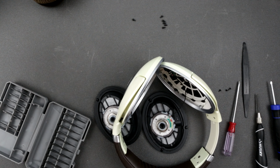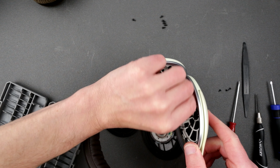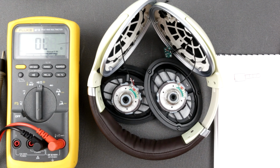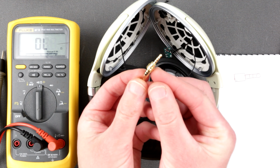Probably this. So what I would like to do, I'm actually trying to remove the... Oh, I did. Okay, here we are. Well, yeah, a little bit freed, but not. All right. In order to help myself figure out the pinout, I have this 2.5 TRRS